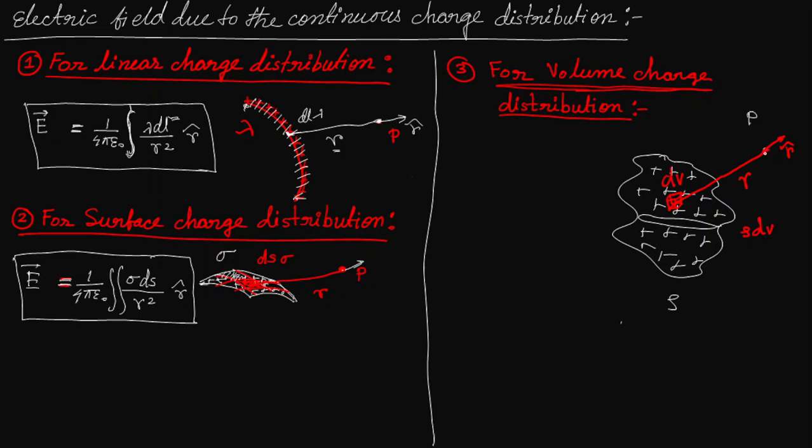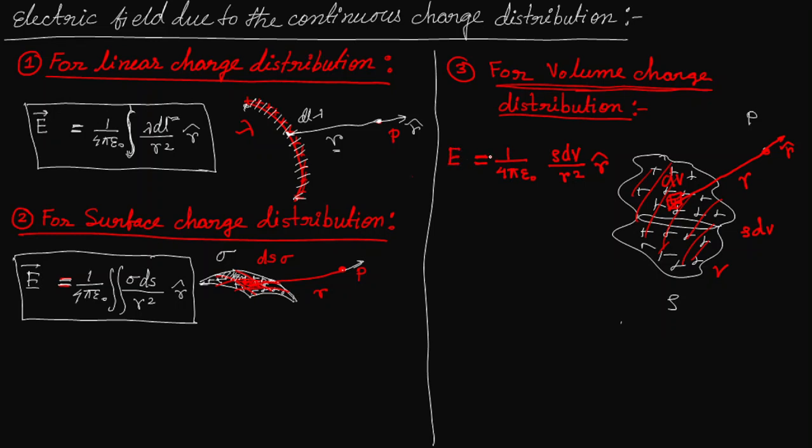So if we want to calculate the electric field at point P, first we'll write the definition for this point charge. So we'll write 1 by 4 pi epsilon naught rho into dv, that is the point charge, divided by the square of the distance of the point P from this elementary volume, and the direction is along the r cap direction. So now if we want to calculate the field because of this complete volume, we have to consider another elementary volume, and then we'll calculate the electric field at point P, and then consider another elementary volume, again calculate the electric field at point P, and then take the vector sum of all these electric fields. But again, since this charge is